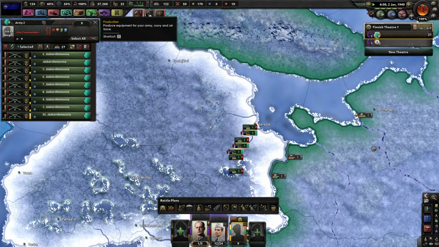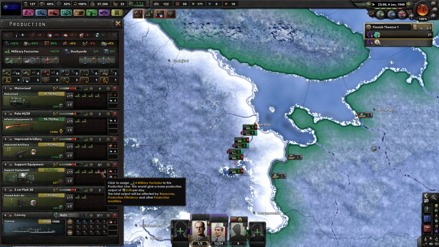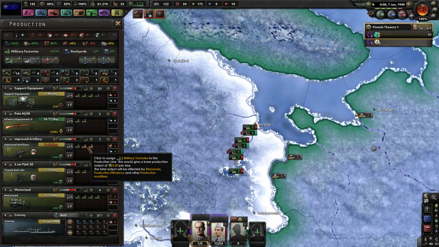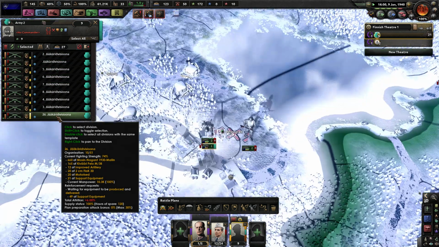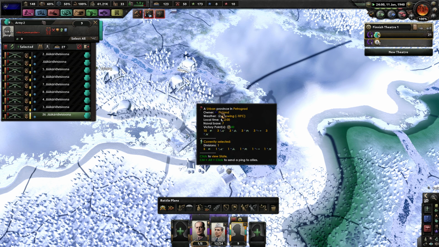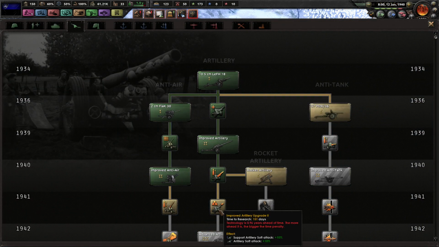Valmiina. How's our production? We need more support equipment. So let's switch that production again. Motorized go down, support equipment go high. Good. Selvä. 26th Jaeger Division is almost done with the exercises. Now they are good. Join the main army and